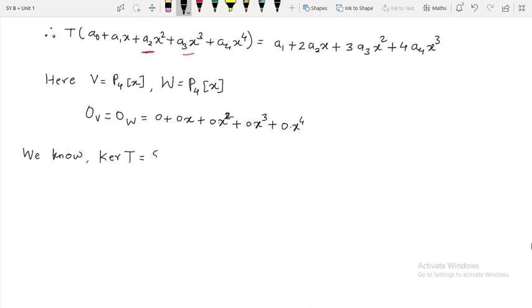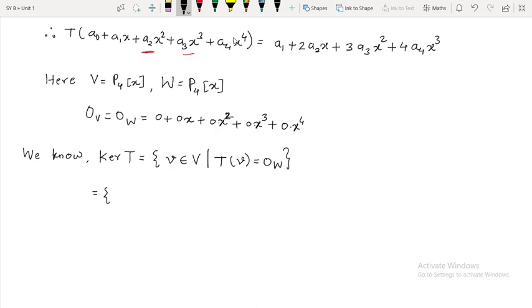Kernel of T is a collection of all those elements from V that are mapped to what? T of v is equal to 0 of W. Am I right? So which is further equal to, now which notation of v are we going to use here? The same notation that is appearing over here. Okay, so this we will follow.